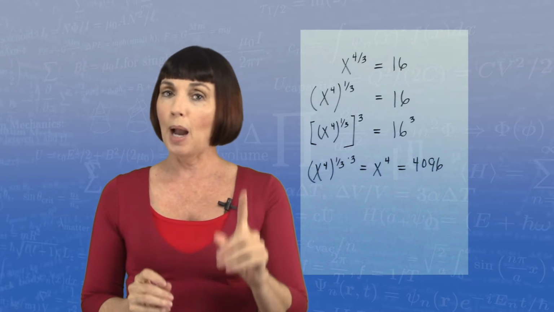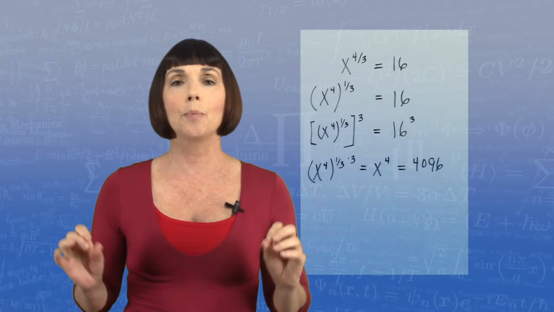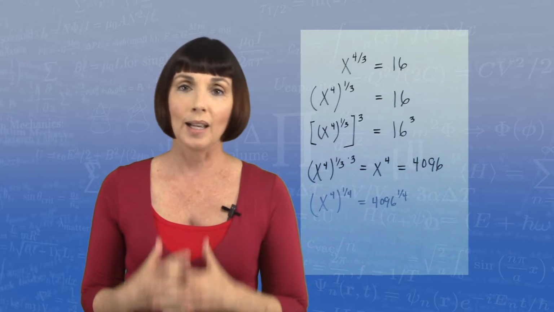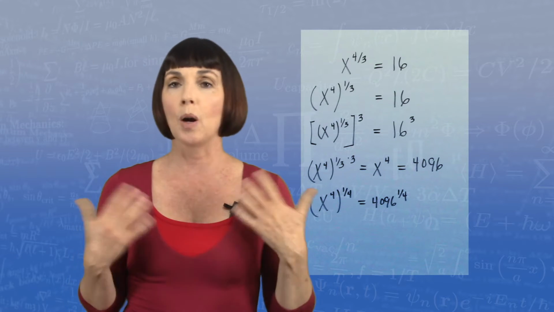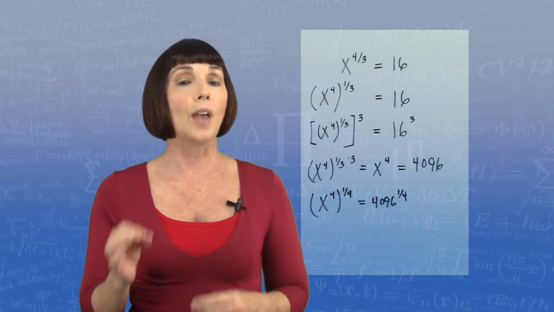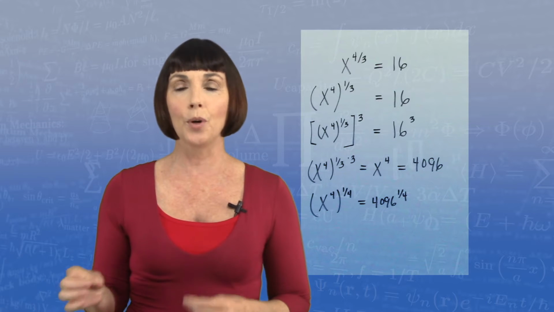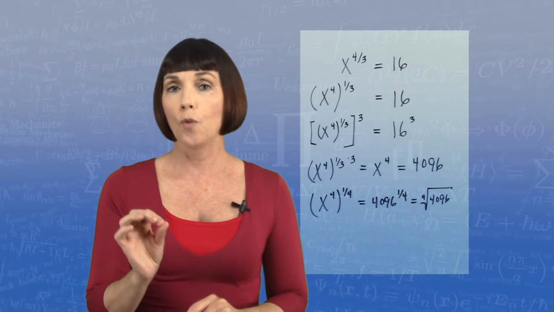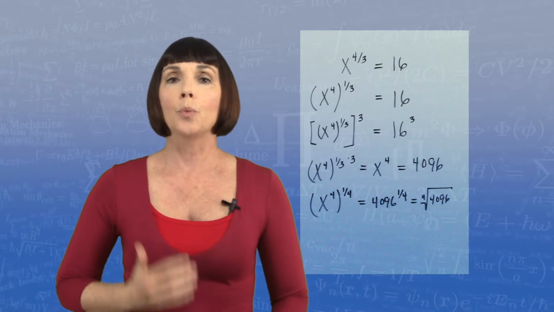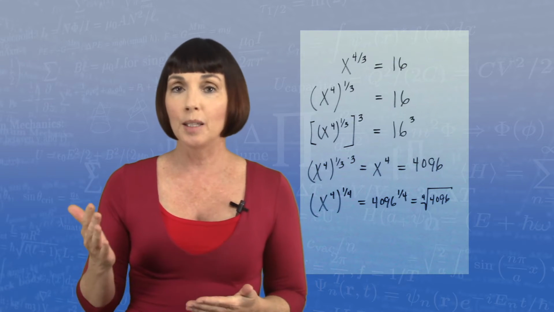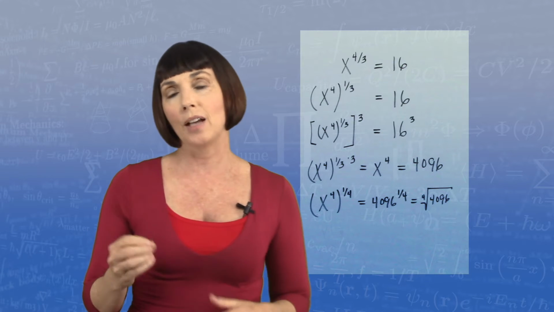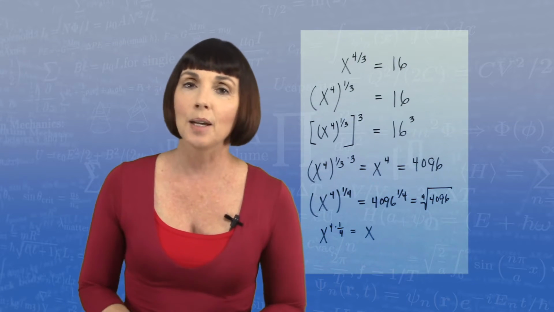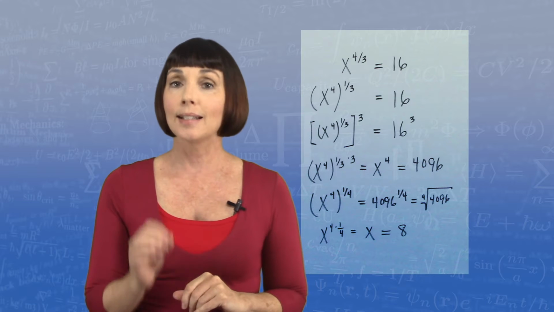So to deal with my power of 4, I'm going to raise everything to the power of 1/4. So I get x to the power of 4 raised to the power of 1/4 equals 4,096 raised to the power of 1/4. And remember, that is just taking the fourth root of 4,096. So we're looking for the number that when you multiply it by itself 4 times, you get 4,096. Well, that number is 8. It's also